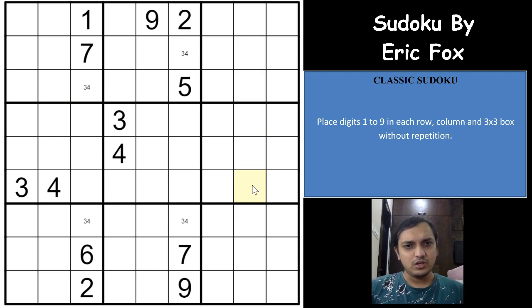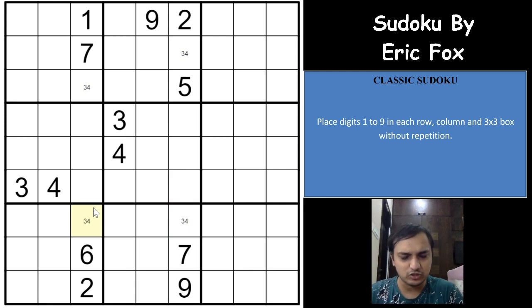So if you see these two columns, 3 4 cannot be here. This is just a sample grid, not a perfect genuine Sudoku, I would say, but just a sample grid to explain what a skyscraper logic is. So in this column, you have a 3 4 pair because of the 3 4 being in box 4, and in the same way you have a 3 4 pair in this column because of the 3 4 being in box 5. So you have a 3 4 pair here and a 3 4 pair here.